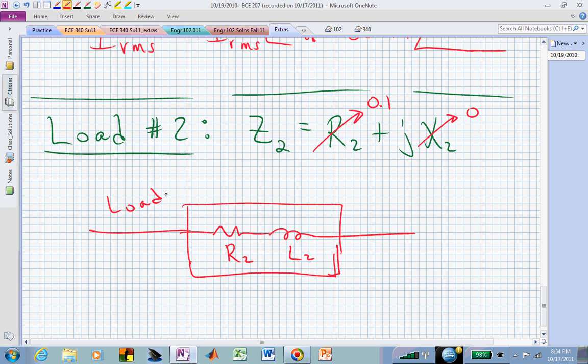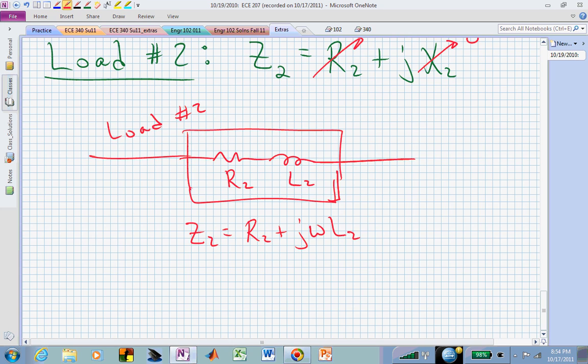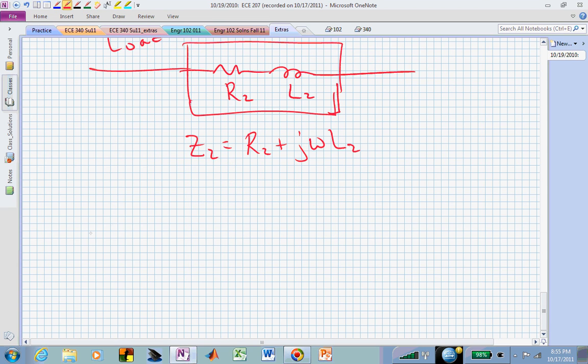If this was load number 2, we now know that Z sub 2 is equal to R sub 2 plus j omega L, which is the impedance of that inductor. But we were given that load number 2 was purely resistive, and that tells us then that the inductance is indeed 0 in load number 2. But from this information, we can also now use our complex power expression